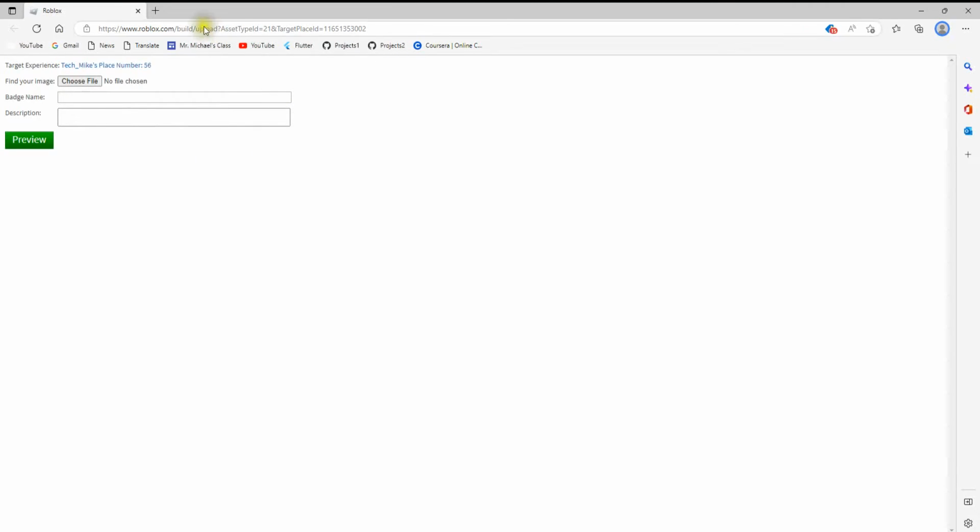When you do that, it's going to bring you to a web page that looks kind of like this here. You're going to fill out three different things. You're going to give your badge an image or an icon, which you can do by clicking the Choose File option and then selecting your image. After that, you want to give the badge a name, and then a short description so your players know what it's about. Once you fill out those sections, you're going to click on Preview, and then go ahead and create